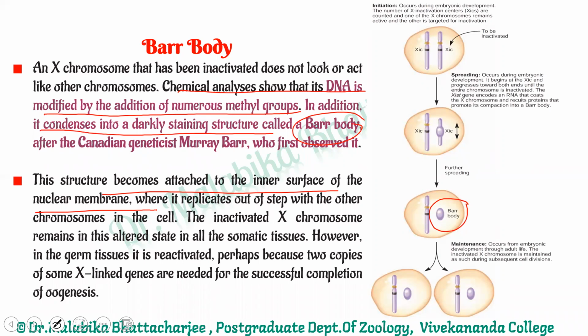During replication, keep it in mind, the inactivated X opens up, replicates, and again gets inactivated. So that is a phenomenon. I'm not going to discuss how that happens. There are genomic imprints occurring out there. So however, this is the concept of Barr body, the lionization phenomenon, and how dosage compensation occurs in case of humans. That is the human part.